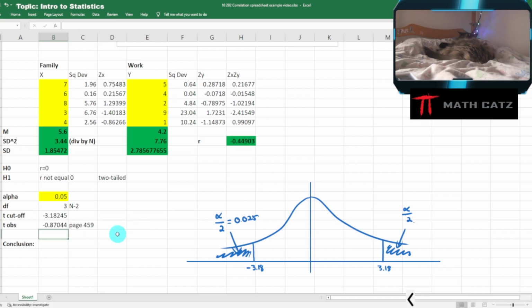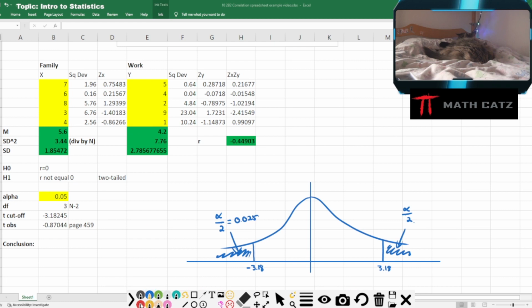And I have my observed t-score of negative 0.87. Not that that 7 really matters because I'm far away from the cutoff. Let's make it red. So I'm way over here somewhere. Negative 0.87. So that shows that even though I thought this correlation coefficient was substantial, it shows that in the grand